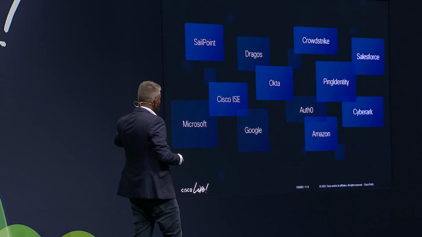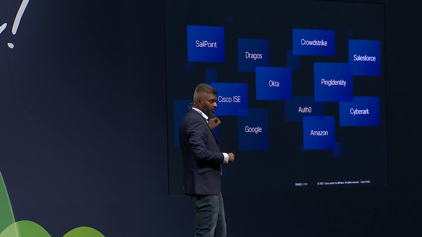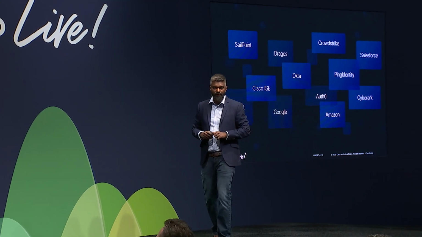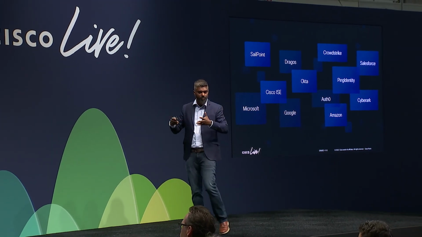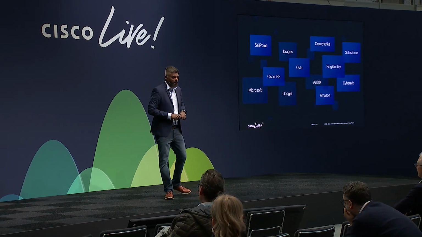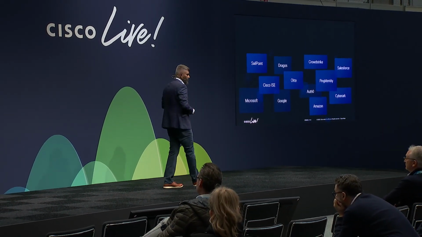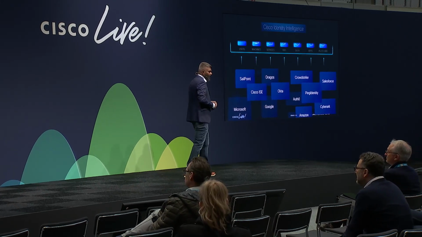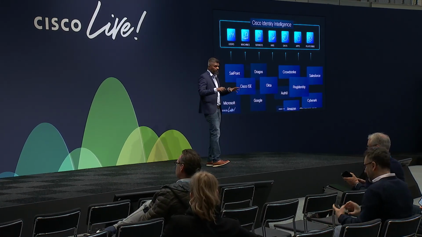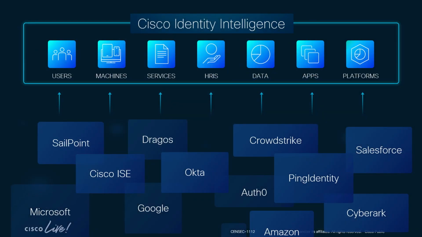Like, you don't have just Entra ID, you have Okta, and you have a pretty heterogeneous environment to deal with, and it's sort of a hodgepodge, right? So you have these different puddles where identity stores live. This is where we've abstracted that layer and built something called Cisco Identity Intelligence. Very simply put, it unifies this, and it's an abstraction layer that sits on top of all of these different identity stores.